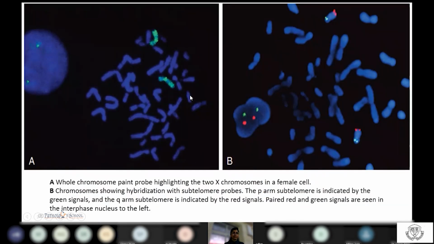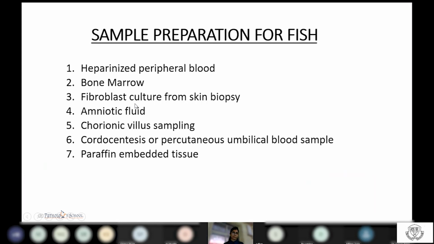Now, this is your diagram showing whole chromosome paints. The entire chromosome is visualized. In this, only your telomeric ends and your locus-specific areas are visualized. Now, I just wanted you to pay attention to this. The circle that you see is your interphase nuclei. This is in a resting phase, so you can't see your chromosomes in that X-shaped manner that we can see over here. These are your metaphase chromosomes in the dividing phase.